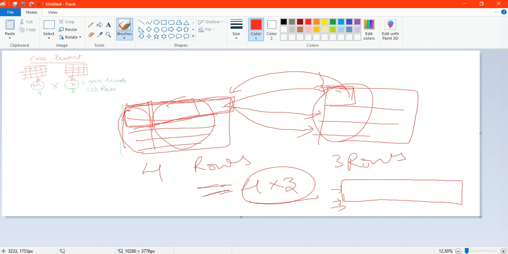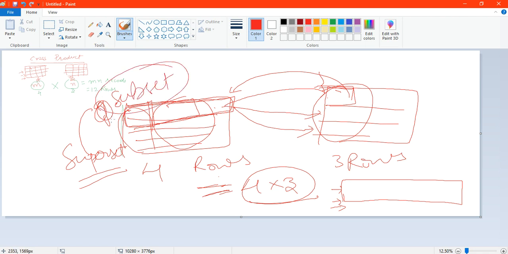If you are taking all the cases, this is the superset. Superset means the total possible number of records when you combine both the tables, when you take the cross product, is m into n. Now I will go into what is join, inner join, full join, outer join. There you specifically give conditions, and based on those conditions, out of these 12 rows or m into n rows, only a few rows will be given as the answer. It means the subset will be taken out of this superset and given to you as a result.